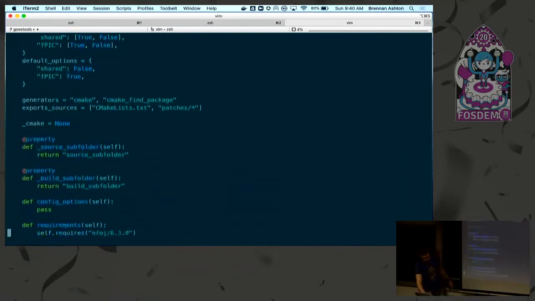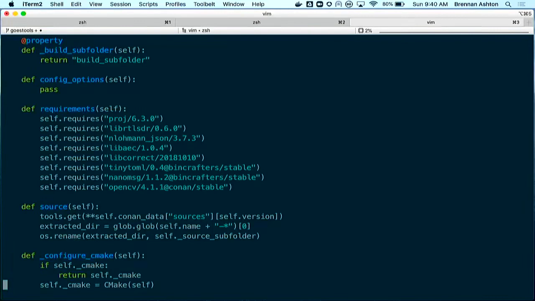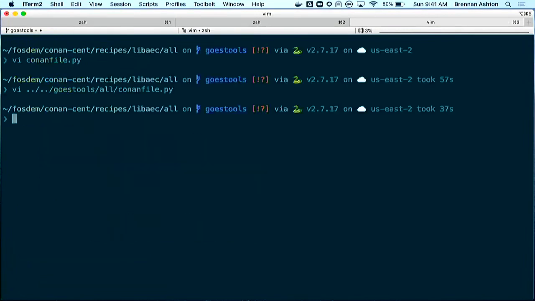What I wanted to point out here is here's where we're actually specifying all of the libraries that are part of this. So we make sure that they're all available. So we have this projection library, proj4, proj now I think is what it's called, RTL SDR, JSON, a common JSON parser, this szip style library, error correction libraries, Toml, NanoMessage, OpenCV, all of these things. So if we go and build this,